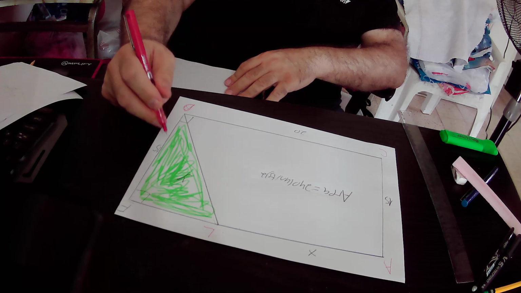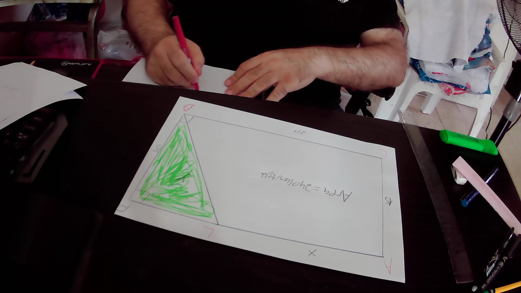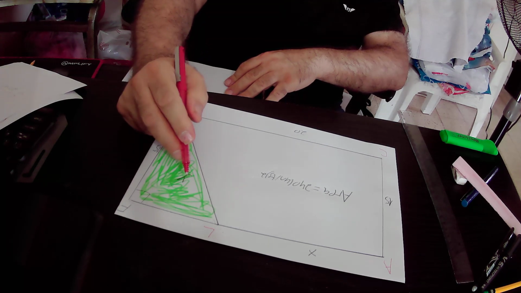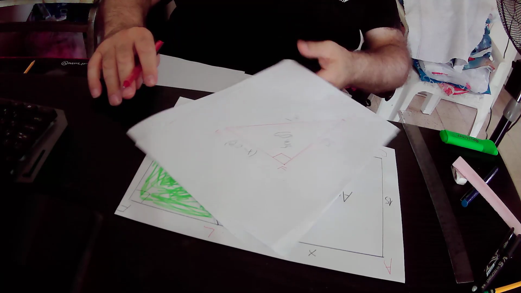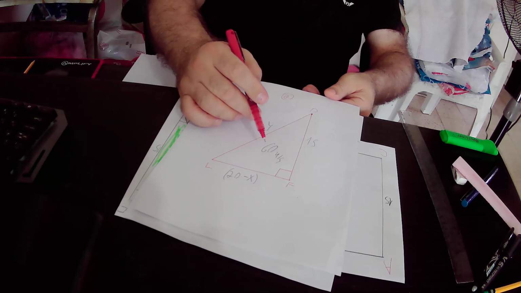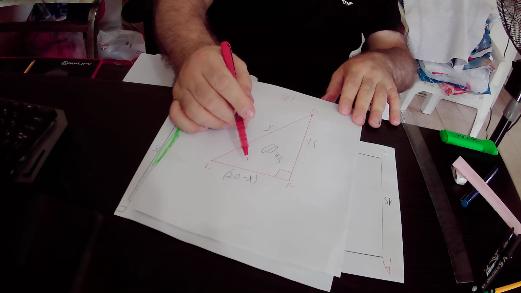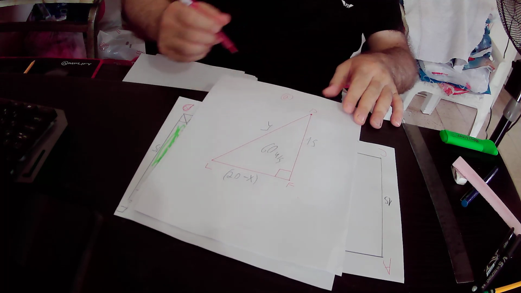We know that the area equals 60 units squared, which equals the base of the right green triangle, 20 units minus x,